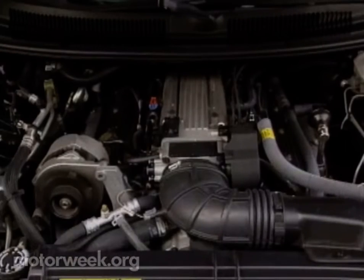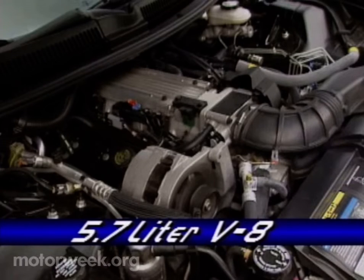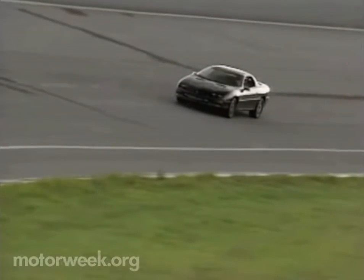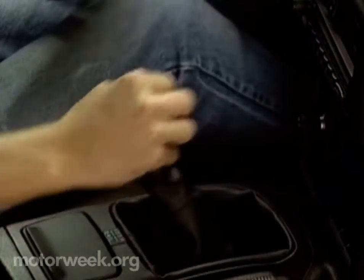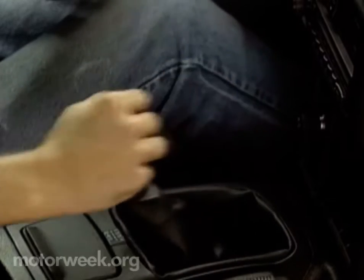And that's no surprise, since the Z28, as well as the top Pontiac Firebirds, share the Corvette's 5.7-liter LT1 V8. Although in the F-bodies it's detuned to a mere 275 horsepower and 325 pound-feet of torque. Detuned or not, the LT1 provides plenty of kick for this 3,424-pound machine. Power hits the pavement through a Borg-Warner 6-speed manual gearbox. It's the same unit as in the Trans Am, but we found this example to be a bit smoother shifting